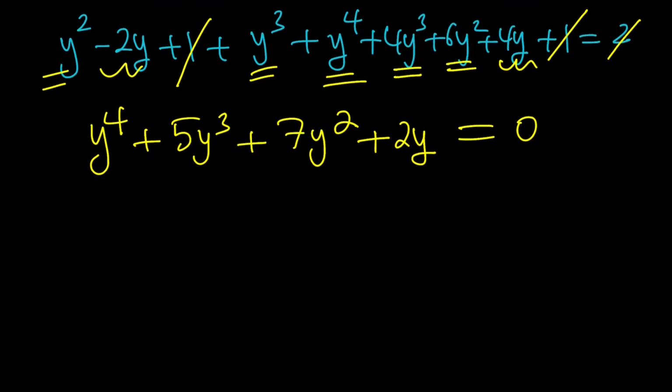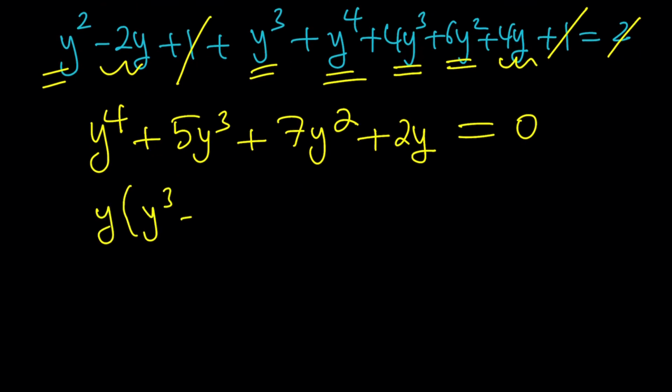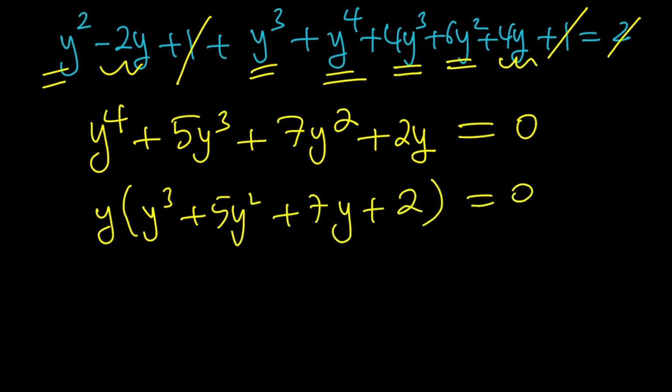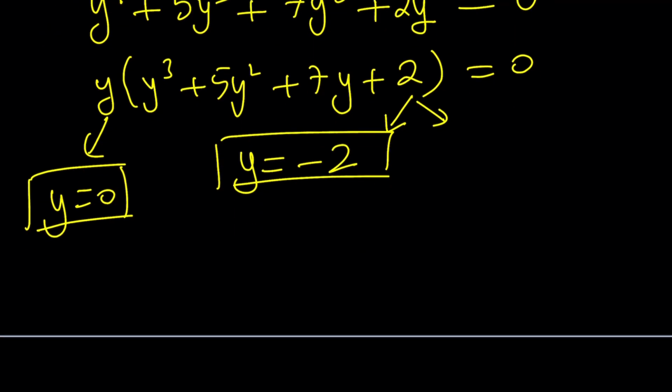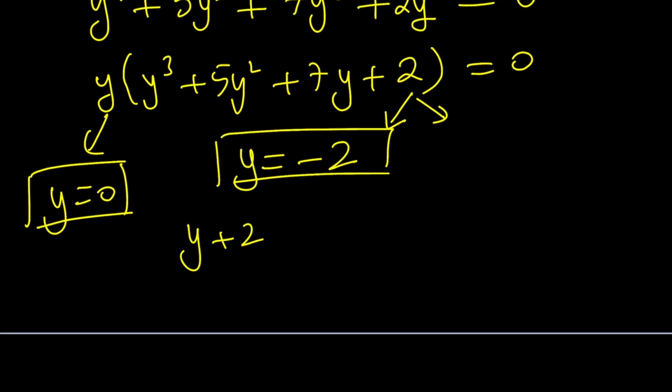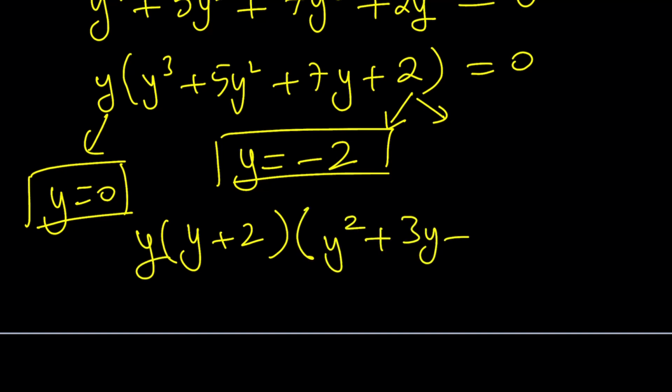And then I'm going to go ahead and factor out a y and end up with a cubic inside, which is a lot easier than solving a quartic. And this cubic is somewhat special because it satisfies the rational root theorem. Obviously, this gives us y equals 0, which we're going to explore later. But let's go ahead and focus on the cubic now. So after careful consideration, I realize y equals negative 2 is a solution. Yay, that's awesome, right? And now by using that as a factor, which is y plus 2, I can go ahead and factor my expression as y plus 2 times y squared plus 3y plus 1,